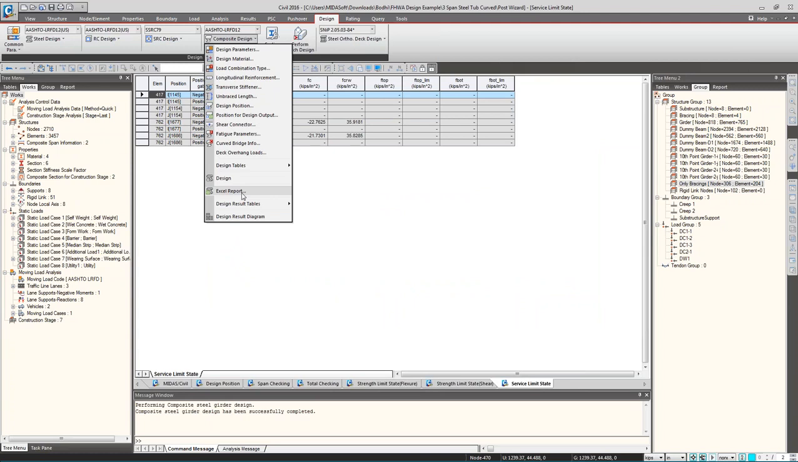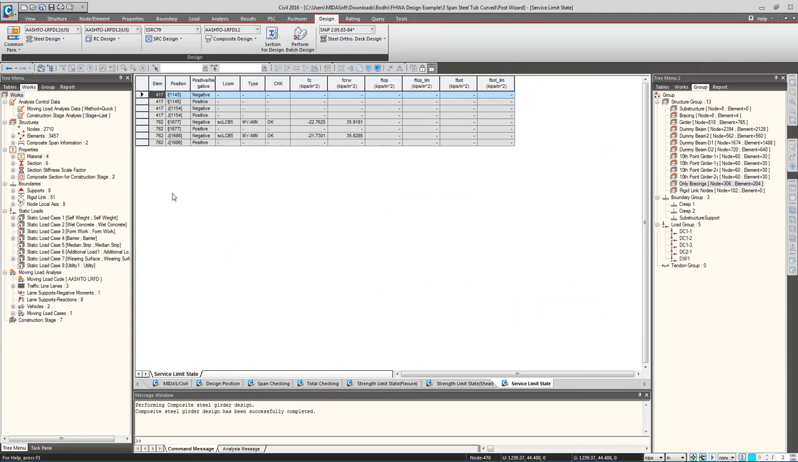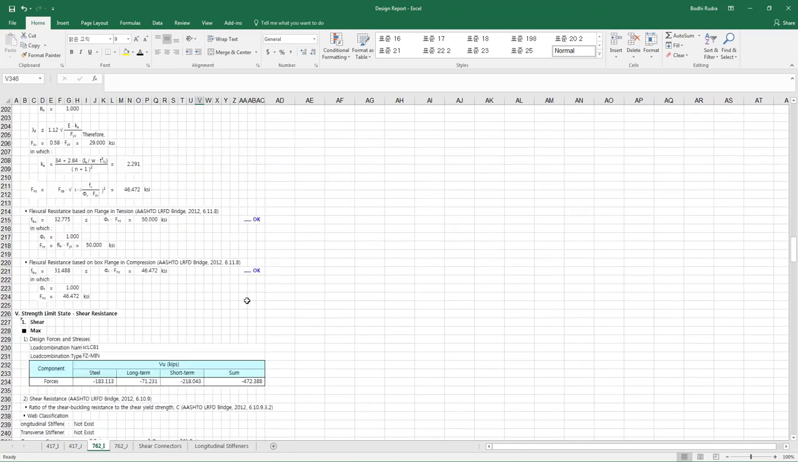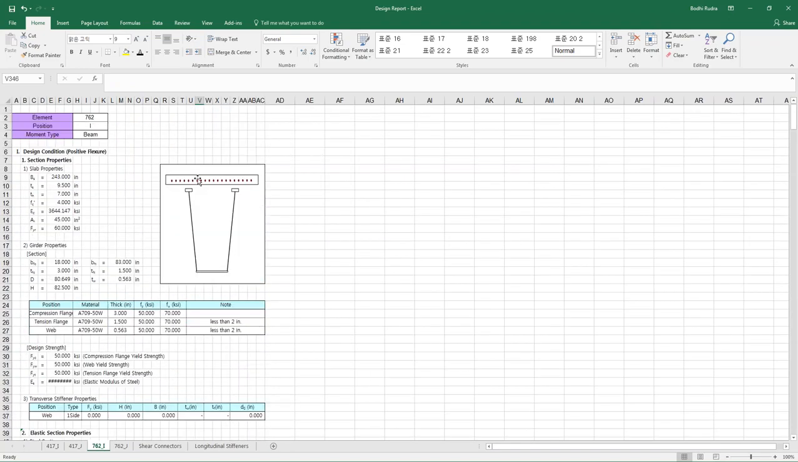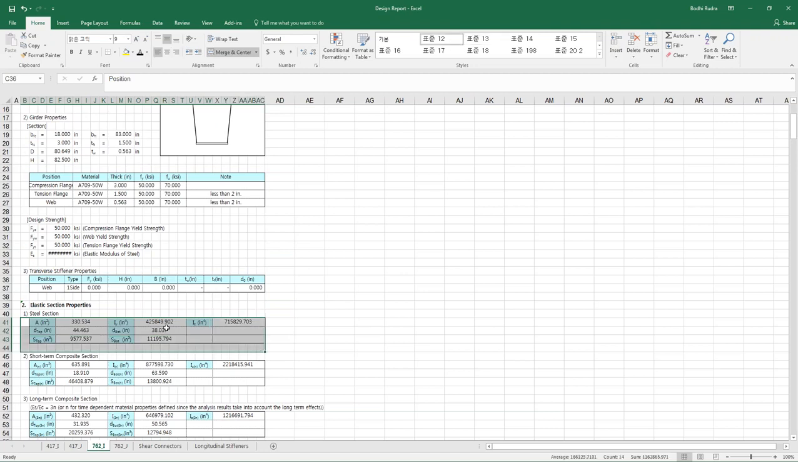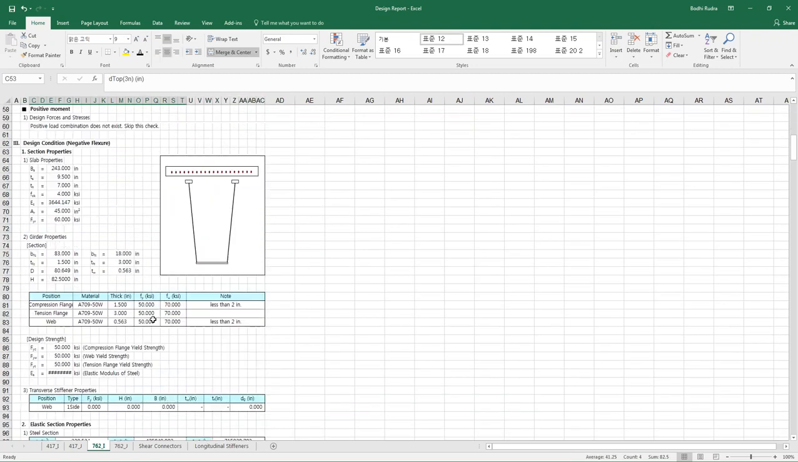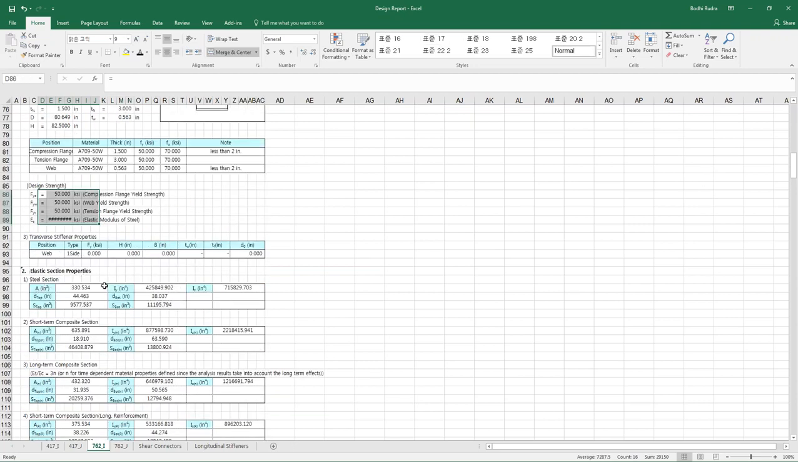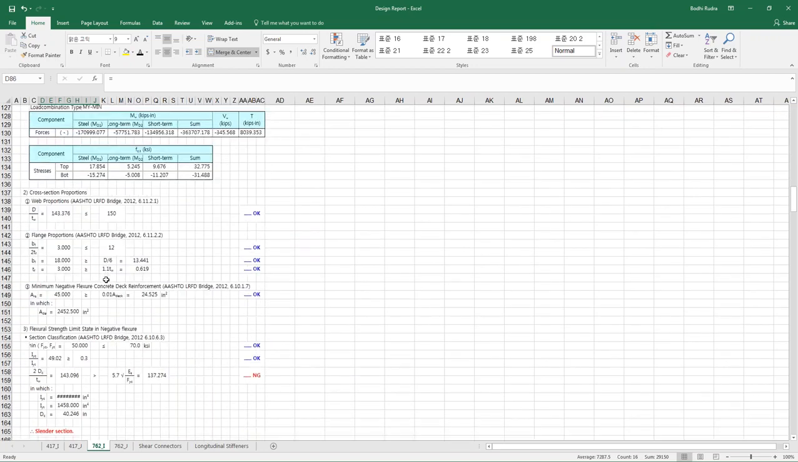Okay, so if you click on Excel report, it will generate a detailed Excel report of the things. I have already given the Excel report, so this is what it looks like. For a 762 element, these are the reinforcement information with the tub information that is there. It will show the girder section property, the transverse property, the elastic section, the short term, long term things. And then we have design strength, transverse stiffener properties, flexure properties,